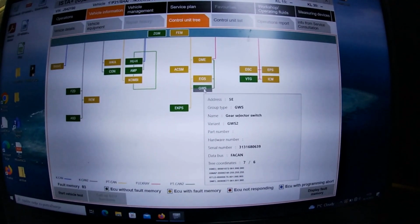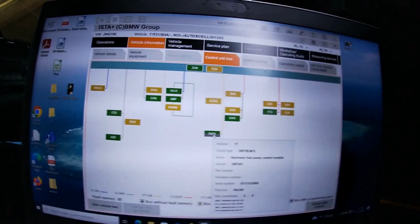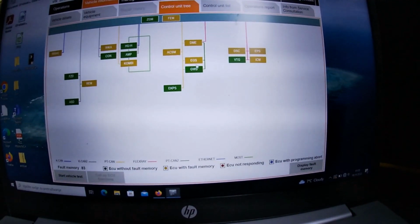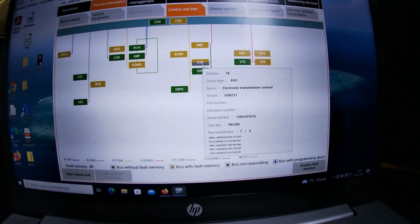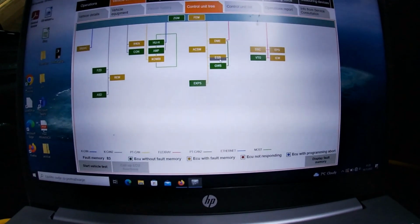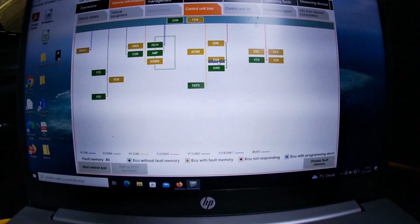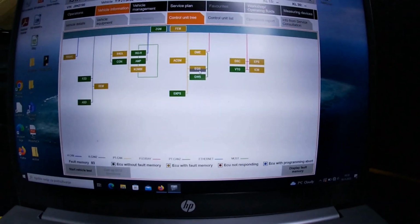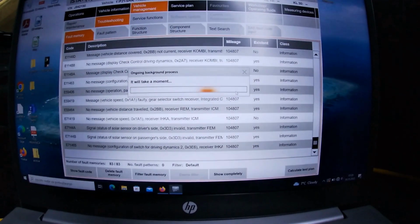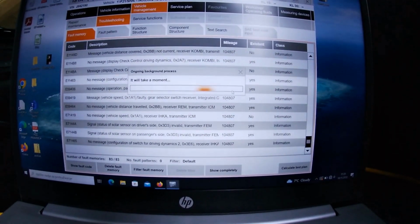This is now okay, and this is now okay. So yeah, it wasn't an ECU fault. The fault was that one connector wasn't plugged in the front. This is way better. I think the problem now is that the gearbox is screwed into neutral physically, so yeah, we need to remove that. But for a better assessment, we'll have to check it out here. There are still 83 faults here, so...